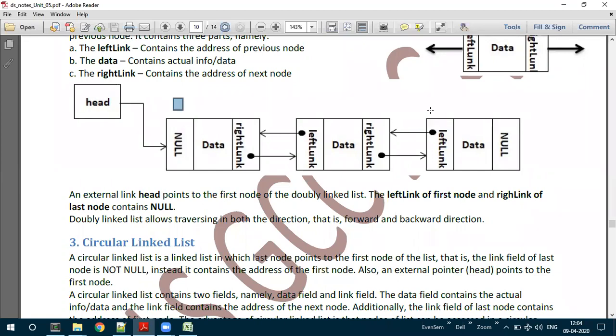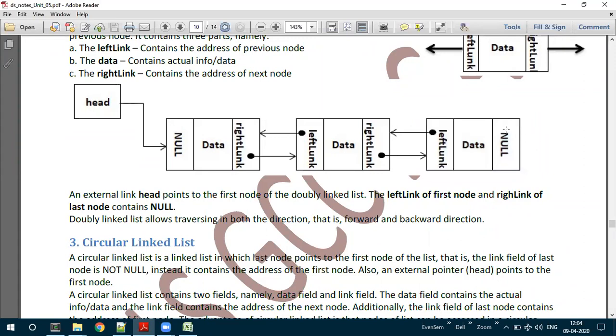In the same way, the last node will have two links: the left link, which points to the previous node, and the right link. Since this is the last node, the right link should contain a null value, indicating that there will not be any further nodes.